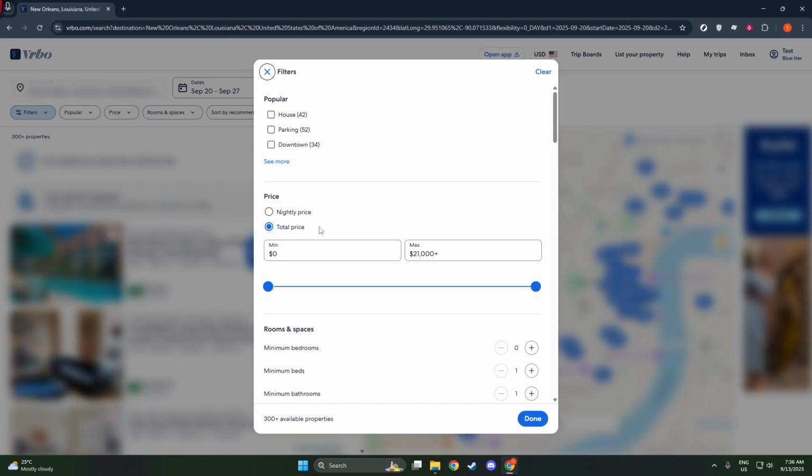Here, you'll see controls that allow you to specify a minimum and maximum price range. You can adjust these sliders to set your desired budgetary limits. If you prefer precise numbers, feel free to manually input the exact amounts in the text fields provided. This feature is especially handy for ensuring that your search results only display properties whose total price fits within the